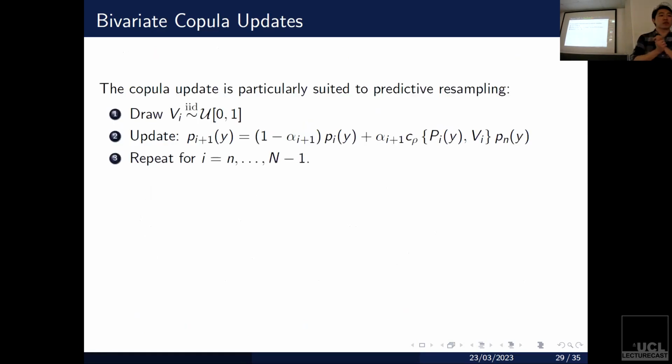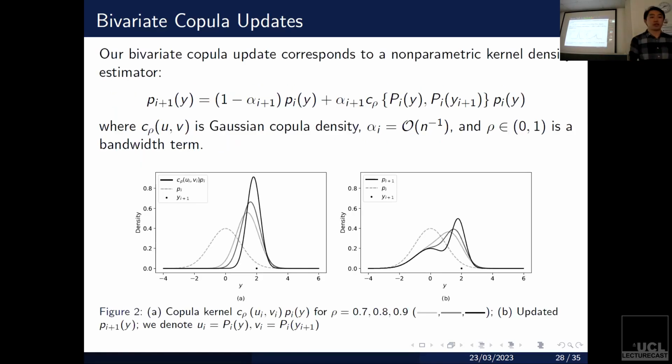Okay, so one thing that's really interesting, which I don't have too much time to go through today, is that because it's recursive, if I want to carry out this predictive resampling approach, which might look a little bit expensive, it actually ends up being cheap. Well, really cheap is a misnomer, but it's at least kind of simple. The idea is that when you update this predictive density, as you can see in equation 2 on the previous slide, the new data point only ever comes in through the second input in the copula. We're never going to see y_{i+1} isolated.